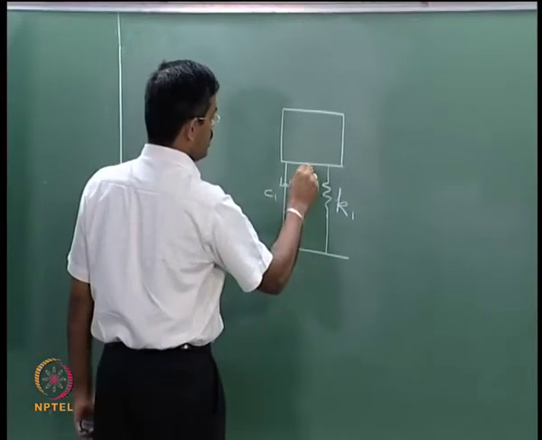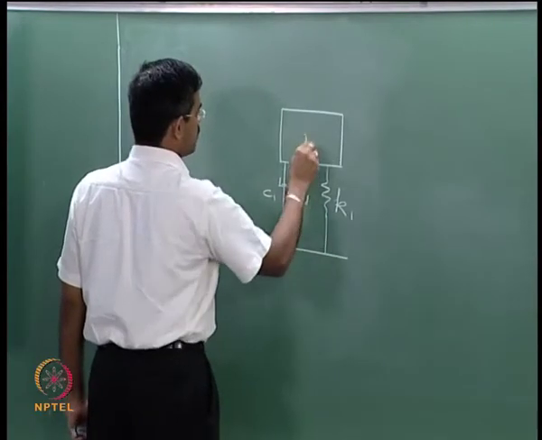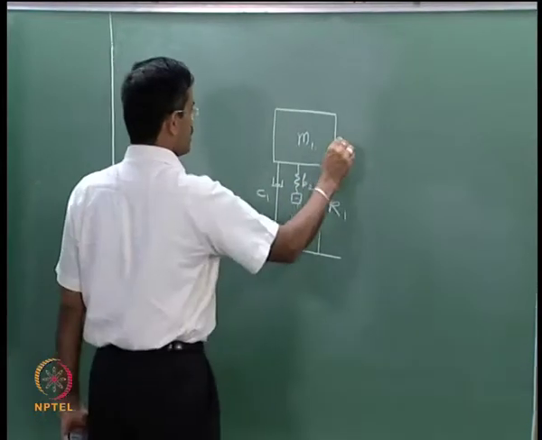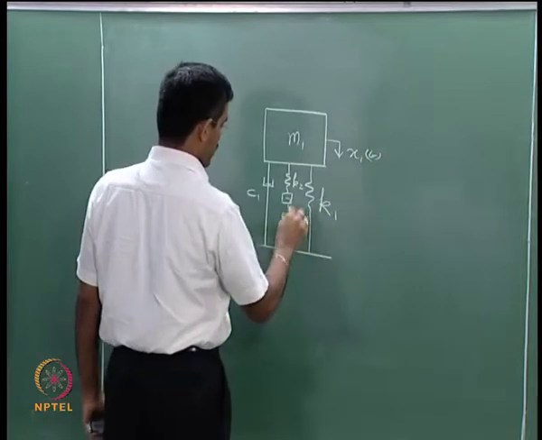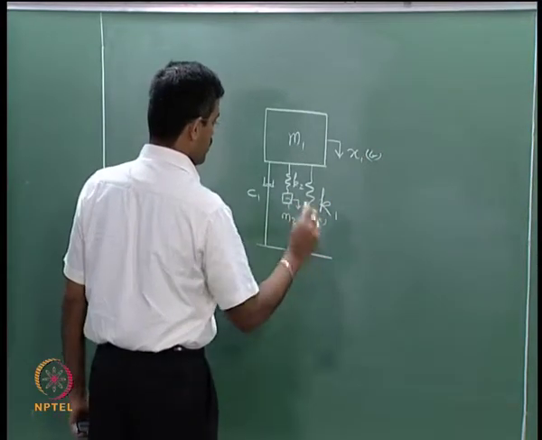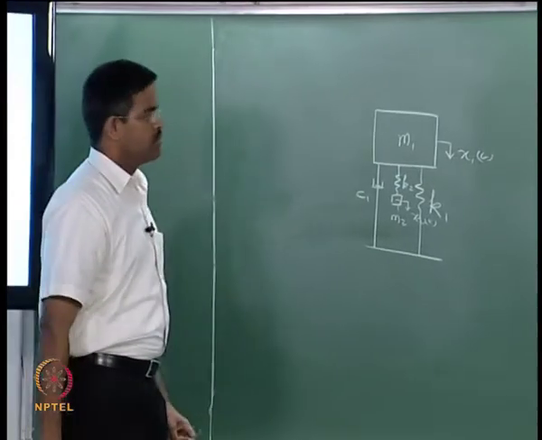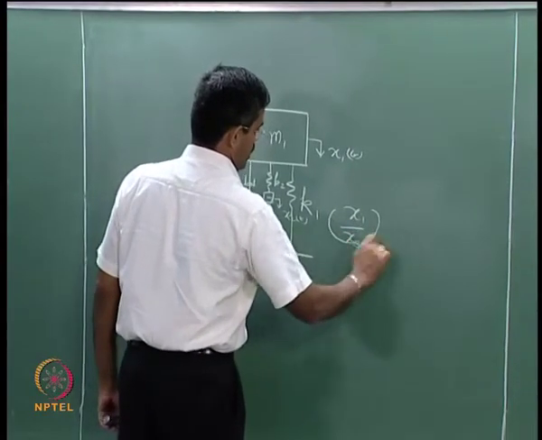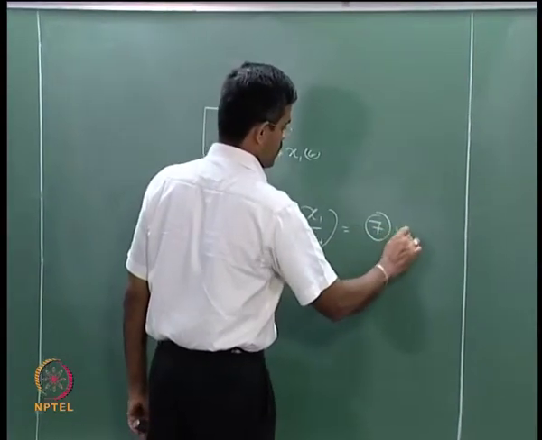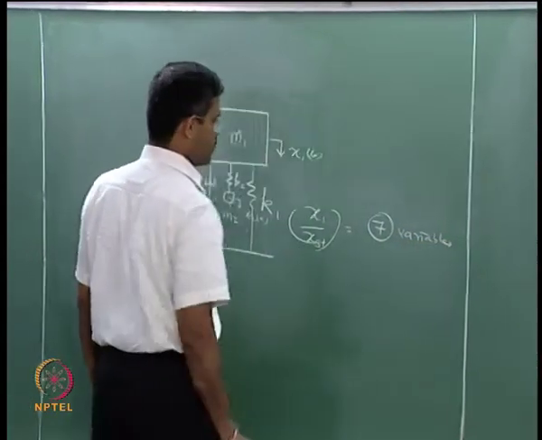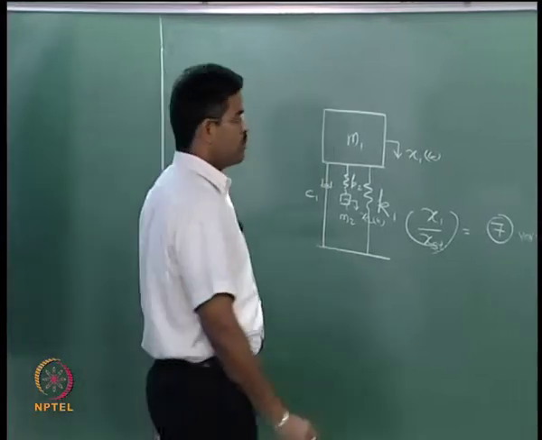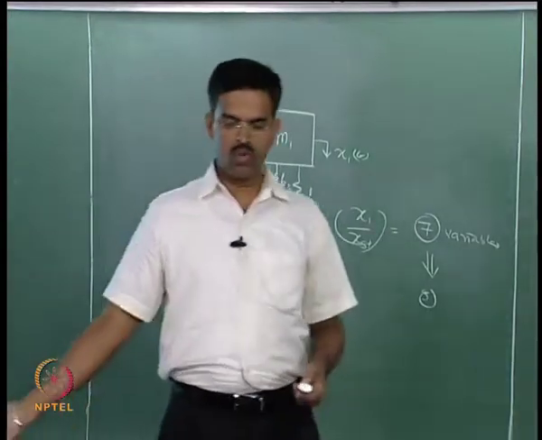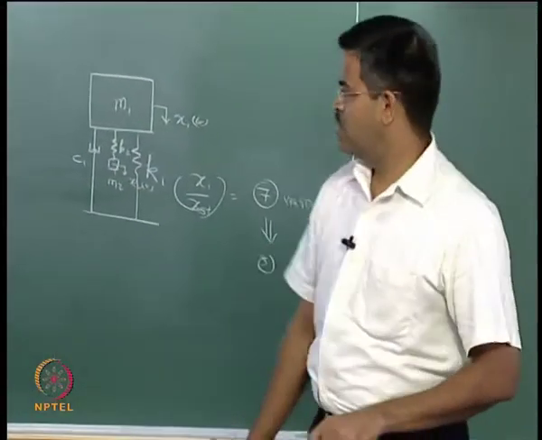which we already computed, and we have attached a secondary mass system M2 with K2, and we said this is the response which you want to control, whereas this response is dependent on this. We found that my equation of motion, with respect to x1 of t over x static, was formed with 7 variables. Then we found some ratios and reduced this to 5 variables, and we plotted a curve which I re-show you now, which we discussed in the last class.